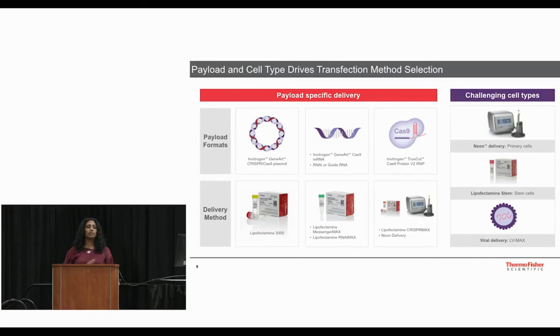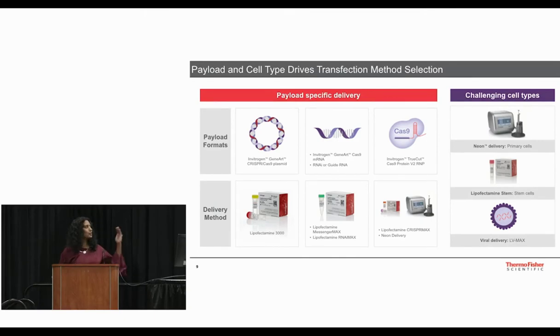So the field, and so did we, moved to the Cas9 mRNA system, and then to what we have, the industry standard right now, the Cas9 RNP system, where you have the Cas9 as purified recombinant protein, and the guide RNA as RNA. So now you have a DNA-free system that sets you up for success to have the highest editing efficiency and also the lowest off-target. Now, depending on the kind of payload you use, the delivery reagents and the delivery method will